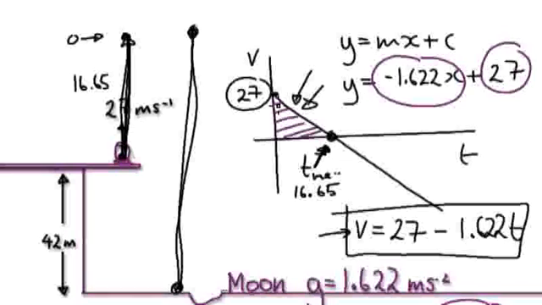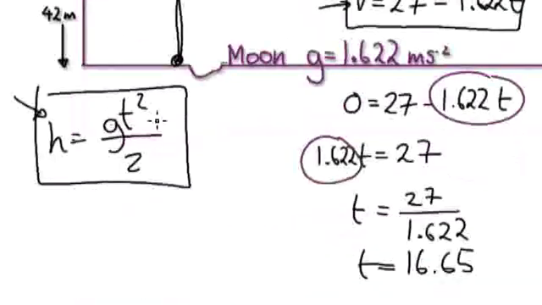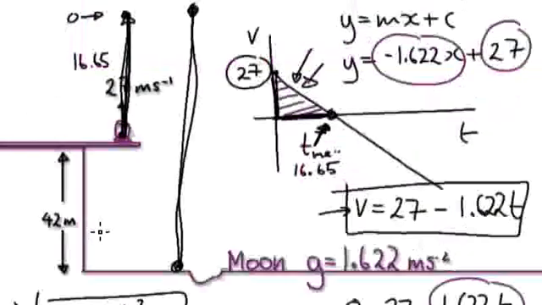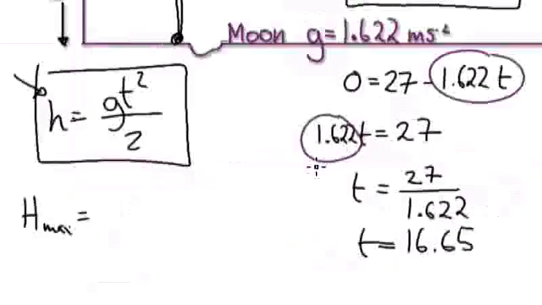Okay, well, if we know this length here, then we should be able to work out the area. So the maximum height, let's call it h max. The maximum height is given by this area here. So it will be 27 times this thing here, 27 times